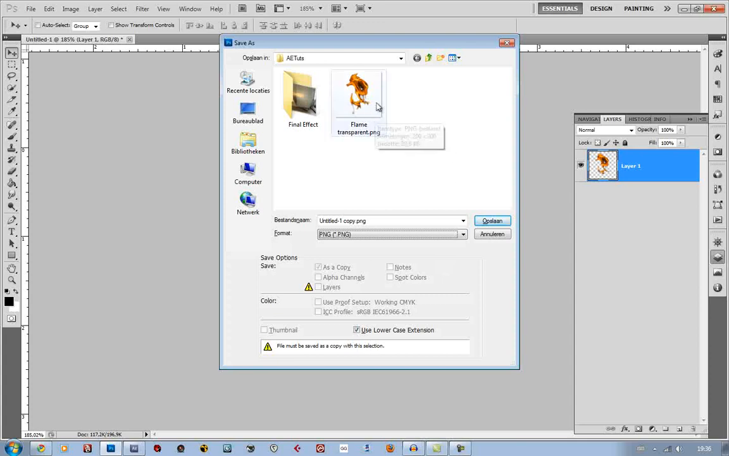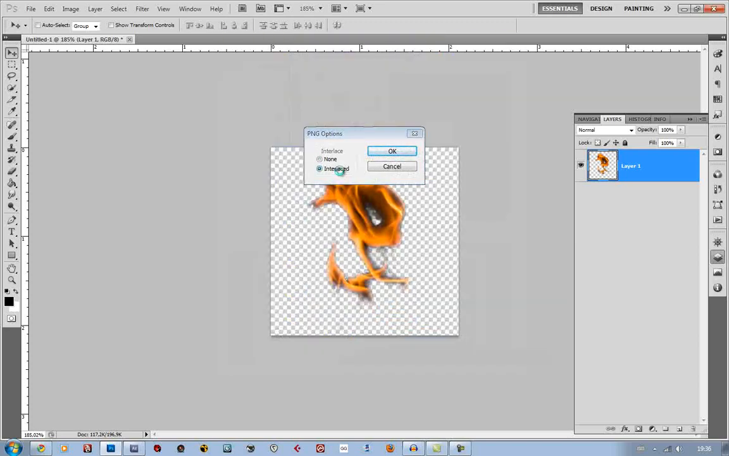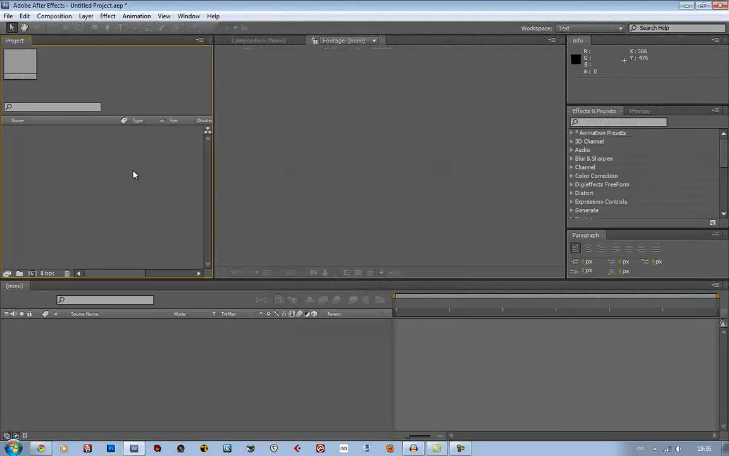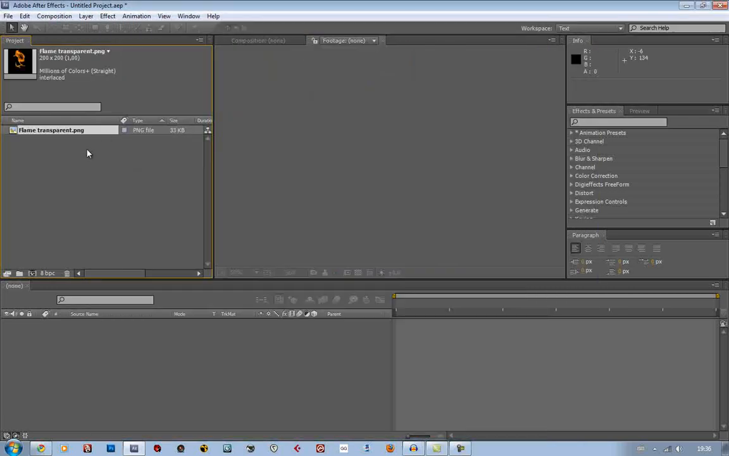You can see that I already have it, but whatever, I can just override it. Now save. Now I always choose interlace, but that's just my personal preference. Now no, and now we're back in After Effects. So what we can do now is obviously import the transparent flame, and then what I like to do to